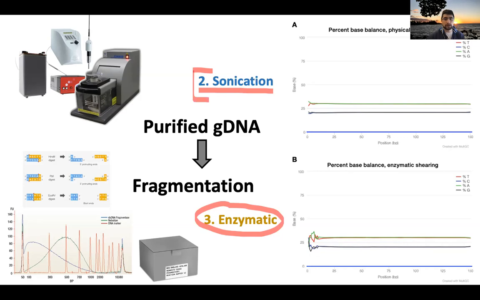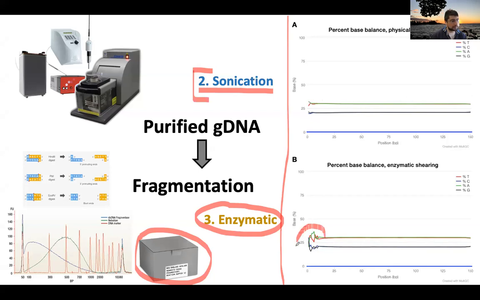So what the companies have come up with is to engineer and produce a mixture of enzymes that are less specific than restriction enzymes, and they call it, for example, a fragmentase enzyme mix. They can fragment the DNA in a somewhat aspecific way, so there's still a little bit of bias. As you can see on plots A and B on the right, the lines are the percentage of each nucleotide, T, C, G, A. With the physical type of fragmentation you have basically no bias whatsoever, while in the enzymatic type of fragmentation, even if it's using these engineered